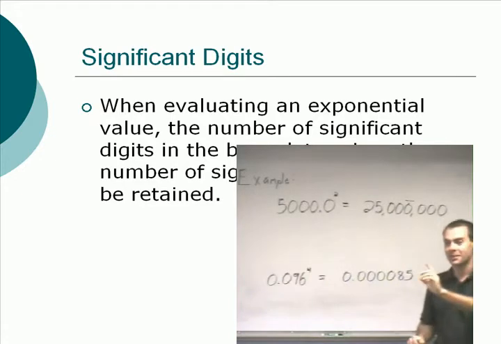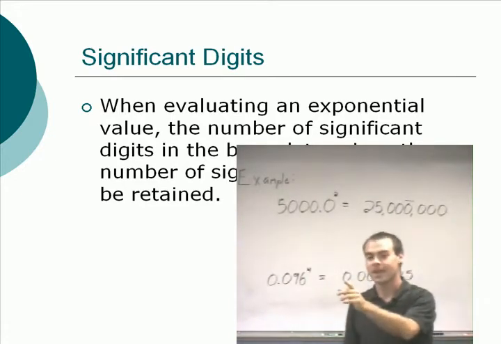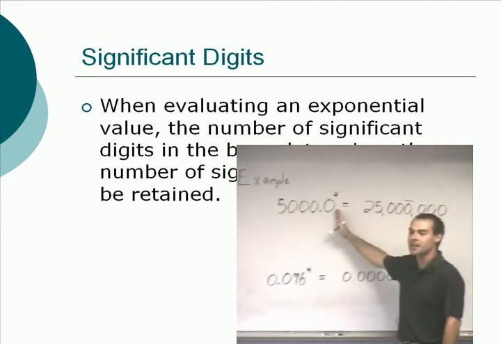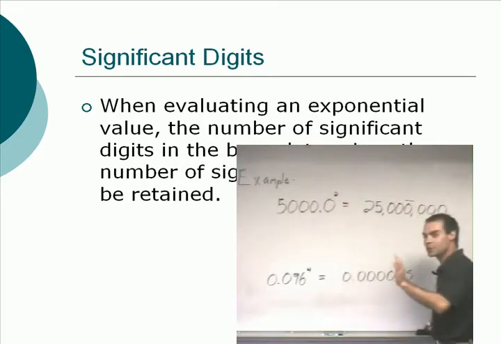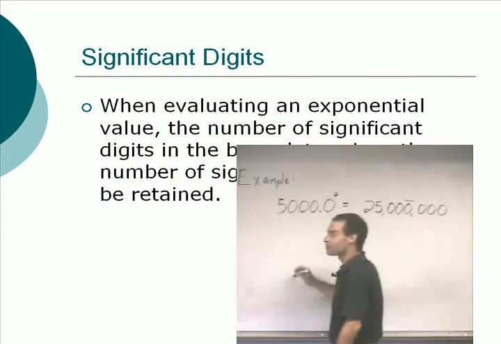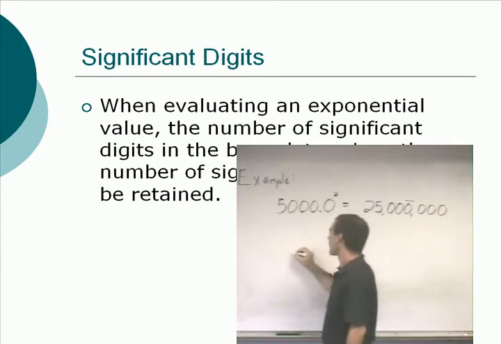Don't put this in your notes, but this is actually a great point to make. Do this on your calculator. 5,000.0 only indicates that we're rounding off to the nearest tenth, right? Our precision ends at the tenth. That's from our discussion yesterday. Just try this on your calculator. Enter, I hope this works now, otherwise I'm going to have egg on my face. Enter